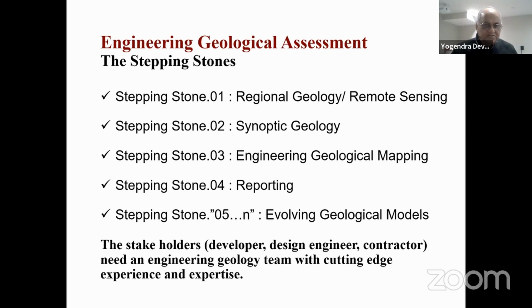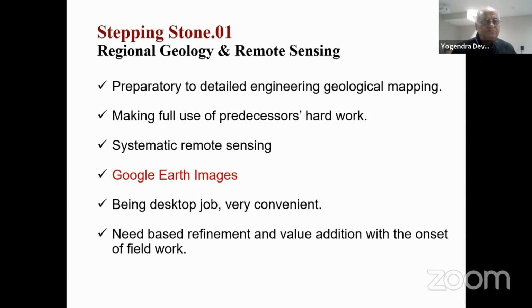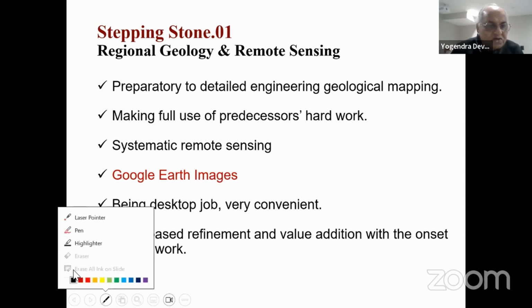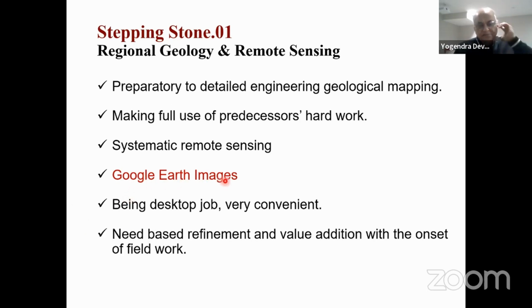So the stakeholders, the developer, the design engineer, and the contractor need an engineering geology team with cutting-edge experience and expertise. The regional geology, I need not go into that. I will just focus on one particular value-adding thing, that is the Google Earth images. This is a big tool these days. We will come to this later on.